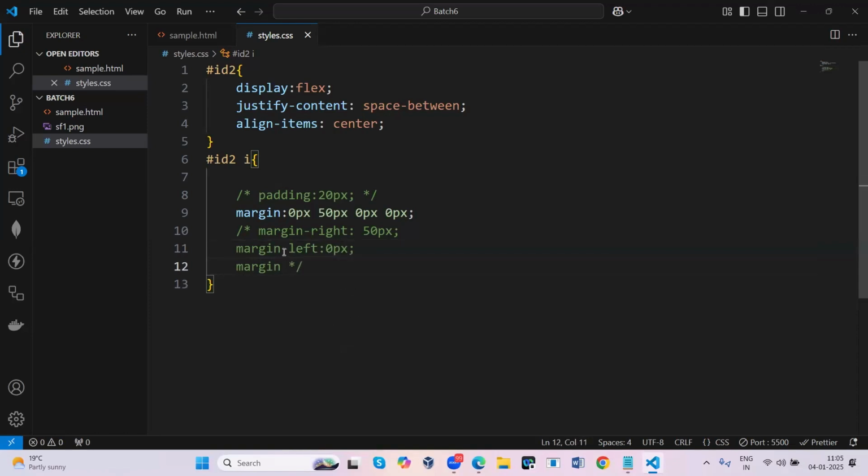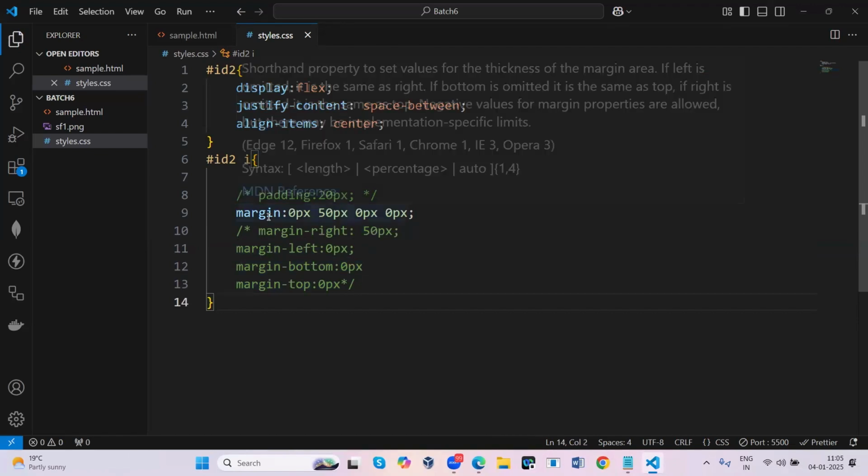You can also use this format. Understood what I said here? So instead of a shorthand method, you can also make use of an elaborated method. Padding will generate space inside. Margin will generate space outside.